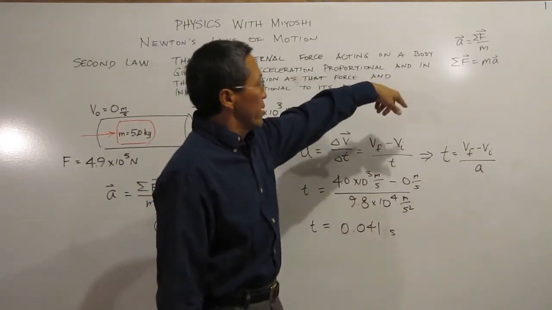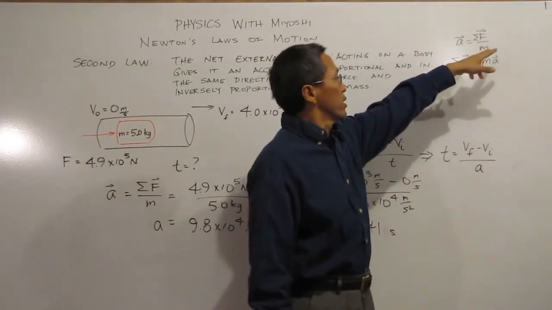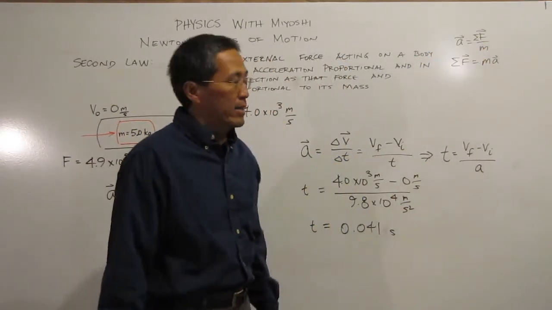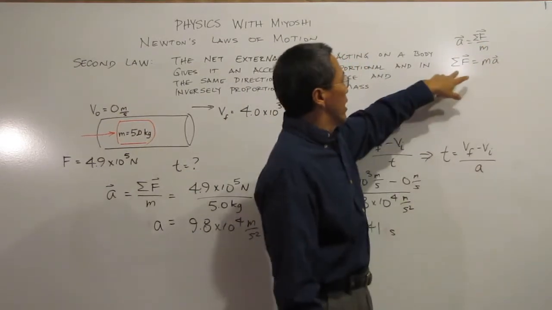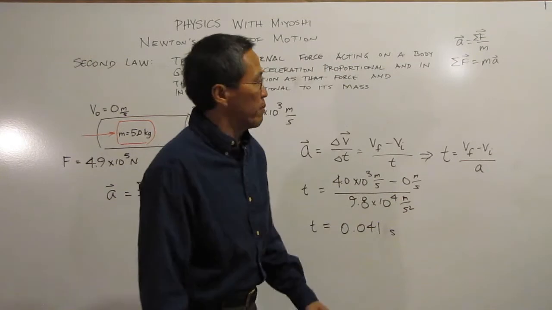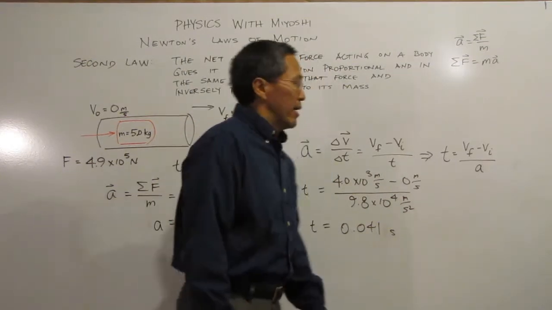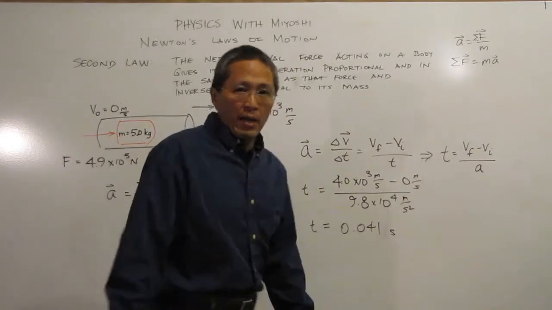Again, remembering that the acceleration is the sum of our forces divided by our mass, and those would be vector quantities. Mass again is a scalar, or the sum of all our forces is our mass times our acceleration. Today, or this time, we're going to look at